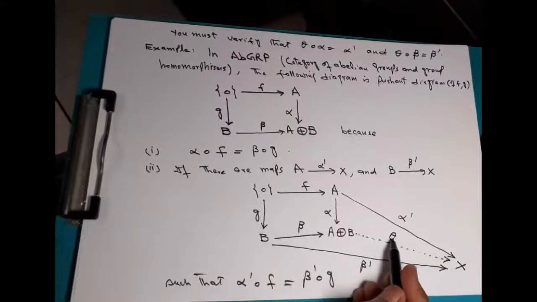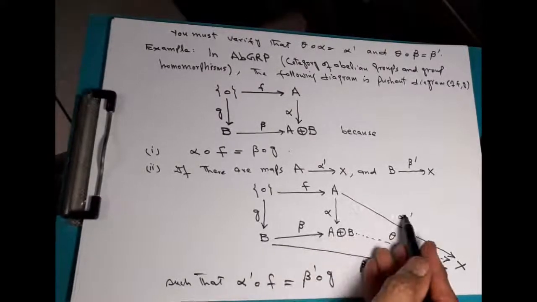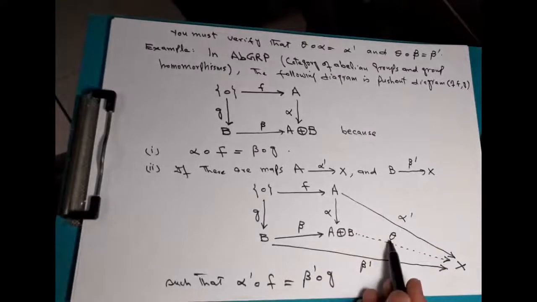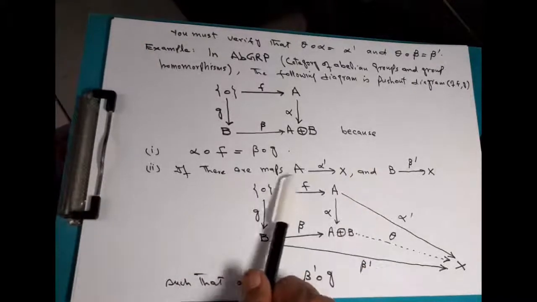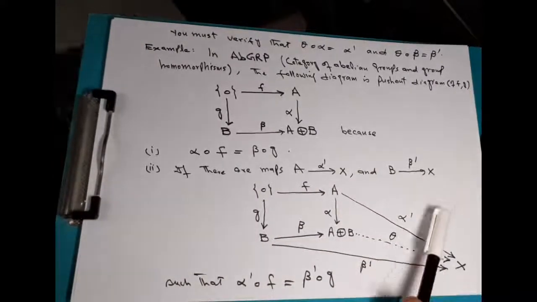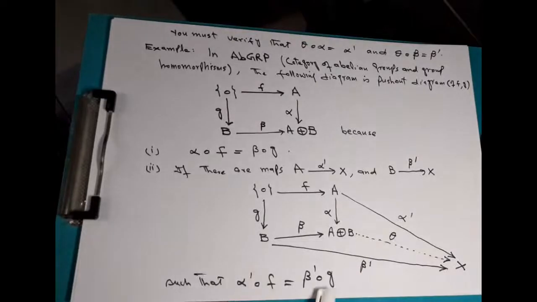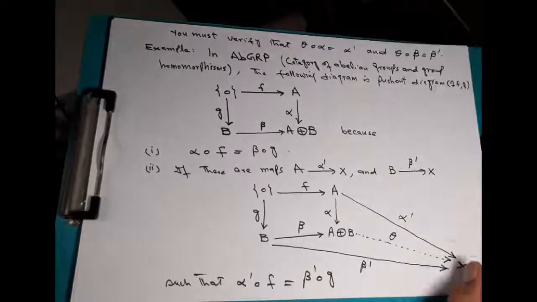That is, theta composed with alpha is equal to alpha dash, and theta composed with beta is equal to beta dash. So if there are maps from A to X and from B to X such that these conditions are satisfied, then there exists a unique